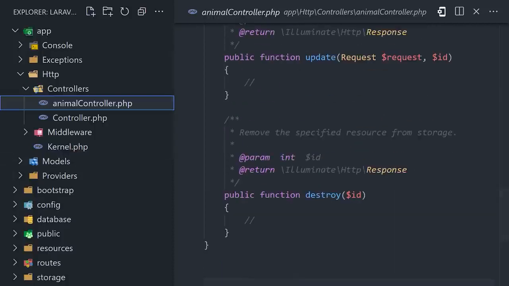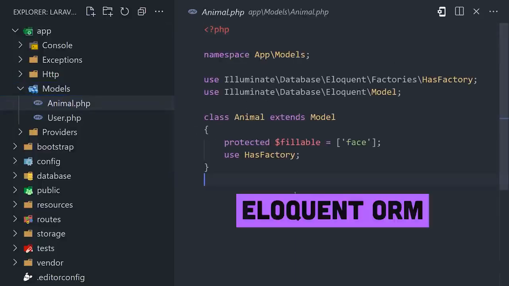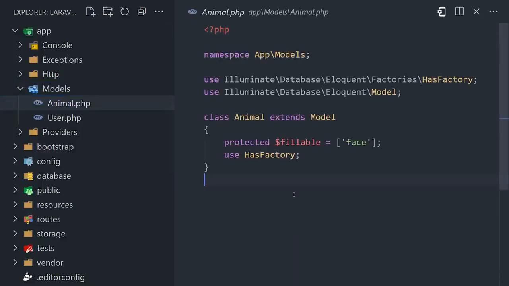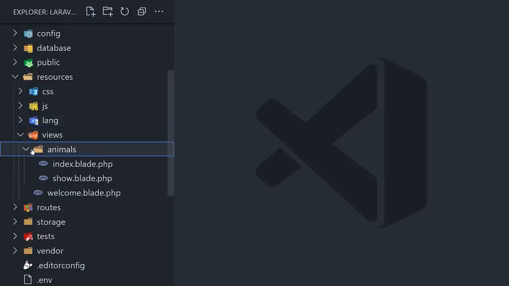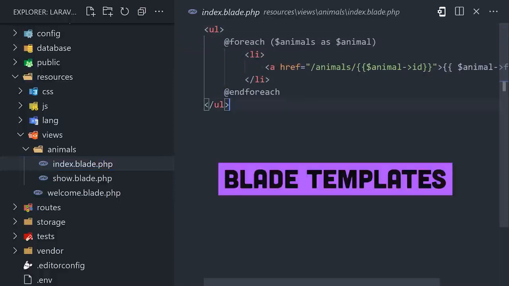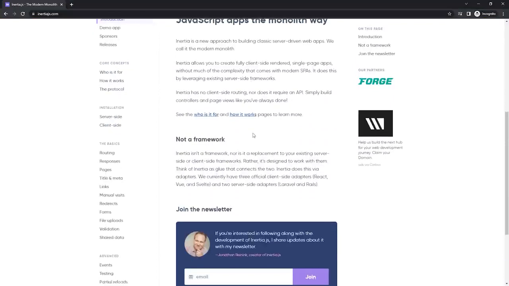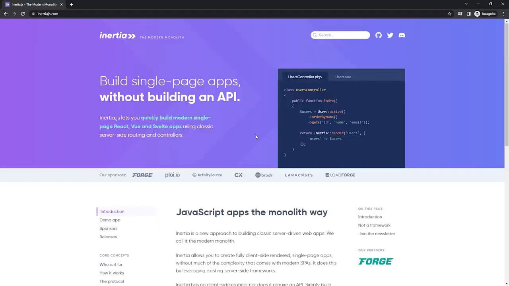Now, our database models use a tool called Eloquent ORM, which is based on the same active record pattern as Rails. Now, when it comes to views, PHP is a language that's designed to work with HTML out of the box. Laravel makes it even easier by building on top of PHP with Blade templates. Another cool point about the ecosystem is that they put a lot of thought into how to integrate front-end frameworks like React and Vue. It has an adjacent tool called Inertia that can bridge the gap between front-end and back-end